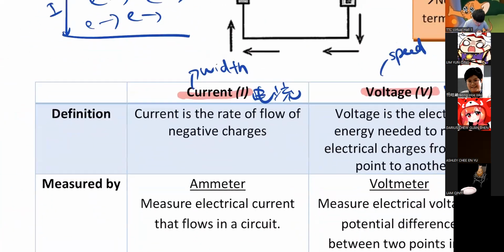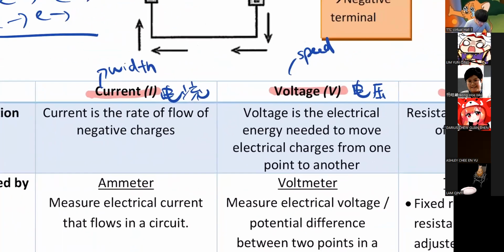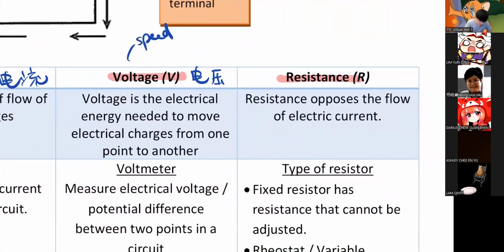Okay, very easy concept, guys. So let me put it this way. If you have high current and low voltage, that means the river is very wide, but it's very slow. 高电流低电压就是你的河流很宽，可是很慢。And the other way around, if your current is very low but your voltage is very high, that means your river is very narrow, but very fast. 你的河流很窄，可是它很快。